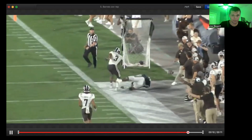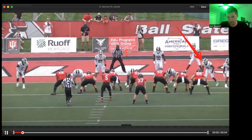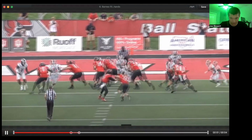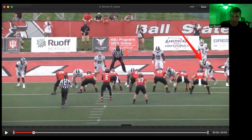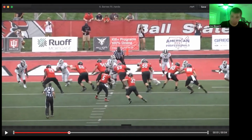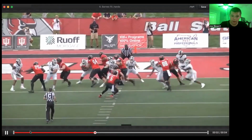So moving on to the next rep, Phil hands. Okay, big arrow. You can see him off the edge right here. Yeah, he was using many different positions, which is good. It's good to have some versatility, or at least experience some of that, at the college level. So we have a blitz right here, run blitz, where he's going to penetrate that C gap, does so with good explosion off the line, good acceleration right there,